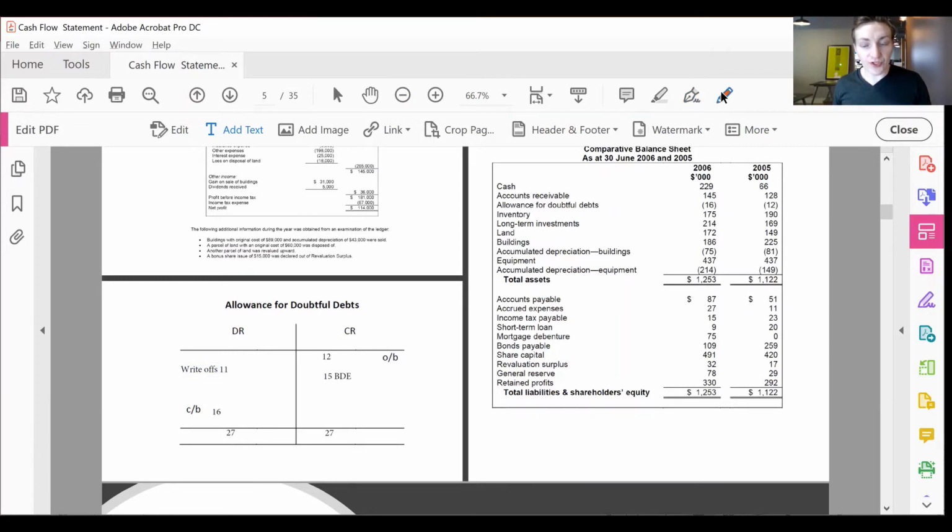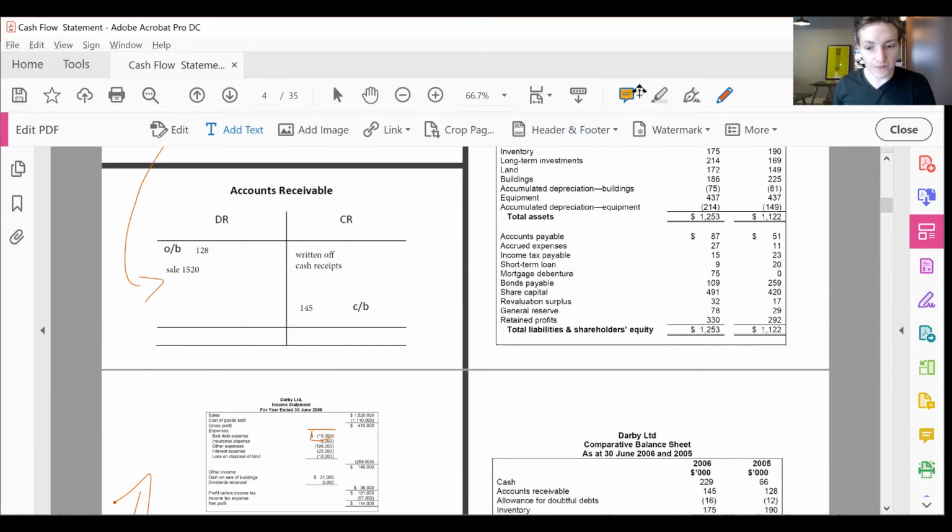Now we can take this amount written off and bring this through up to our accounts receivable. So the amount written off is then 11. So we can then start balancing things together. On our debit side of accounts receivable, we have 1645 as the total sum. Our credits then also need to sum up to 1645. So what this implies is you need to get cash receipts that cause this to balance. So when you do the math on this, 1645 minus 145 minus 11, what you'll end up with is 1492